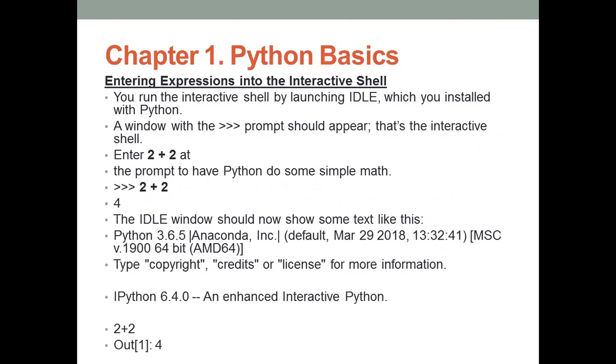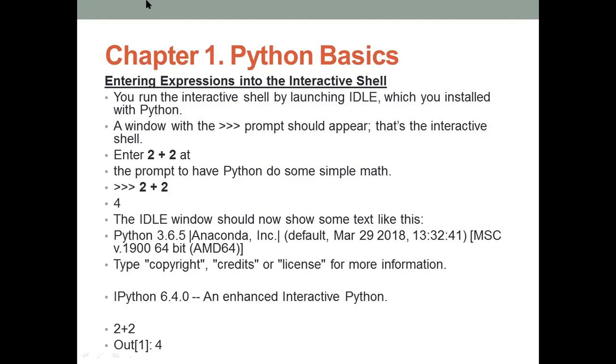In that first concept we discussed entering expressions into the interactive shell. Before starting with expressions, how we are going to type into the interactive shell, first you need to download the software, and if we work in that software, then only you can easily understand how we can enter the expression.